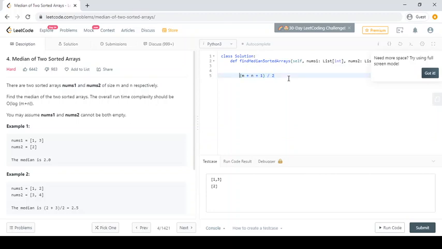If we divide the first array at some index, let's suppose i, then j would be half of the whole array minus i. This way we calculate the second index for the second array at which we have to divide. To calculate i, we will not take i as 0, then 1 and 2. We will use binary search on the array.